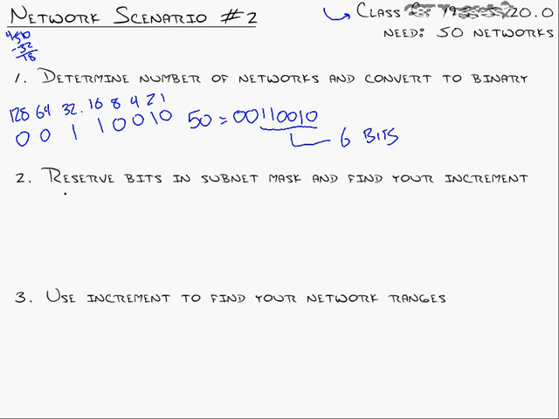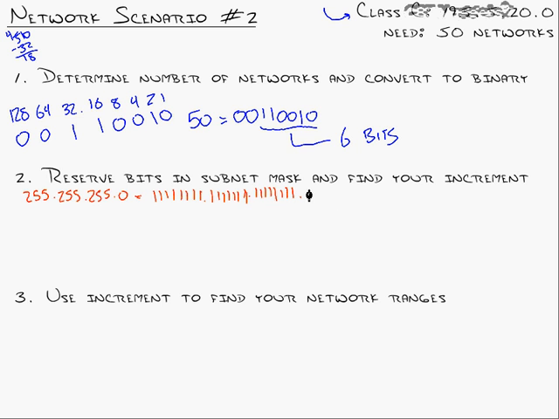So step 2 now says reserve the bits in the subnet mask and find your increment. Again, don't skip this first part. It may seem tedious, but that is the key to seeing what bits you have to work with. Our original subnet mask is class C, so in binary, it's 8 ones dot 8 ones dot 8 ones dot, and then the most critical piece,